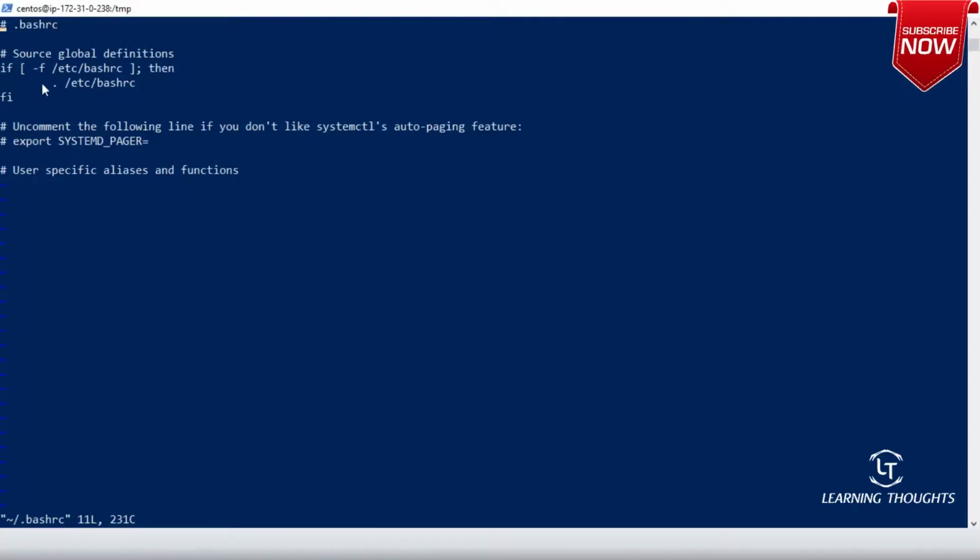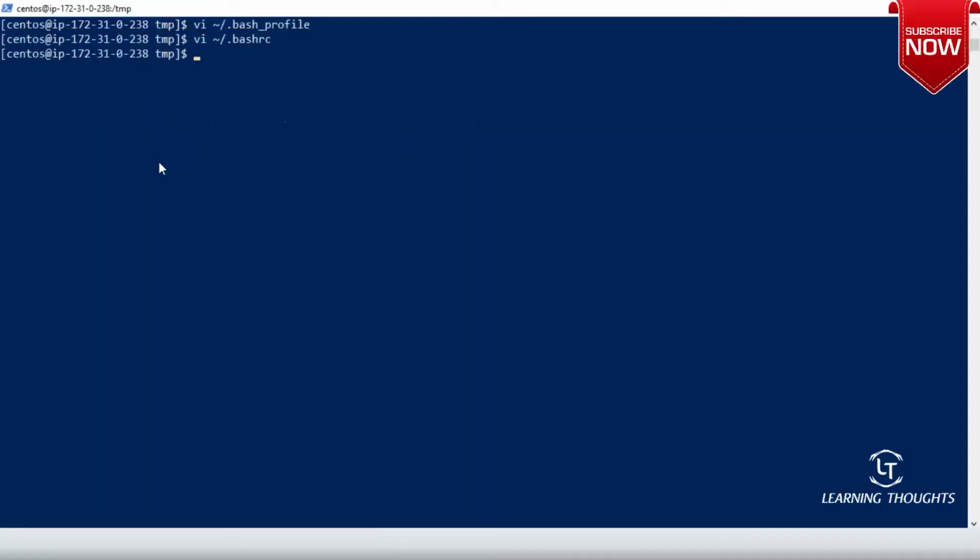There is nothing over here. It is trying to tell that if the file /etc/bashrc is present, then go and read that. And if you want to add some functions, you can add them over here. Once we understand a little bit of shell scripting, then we will be able to understand this loading and all of that.